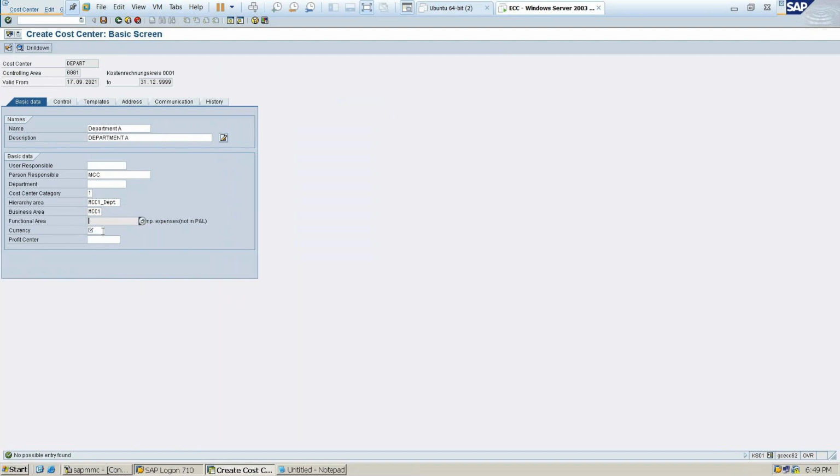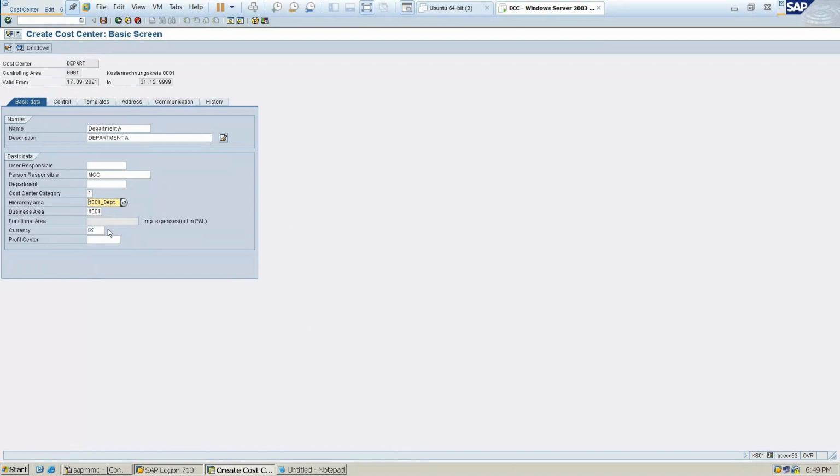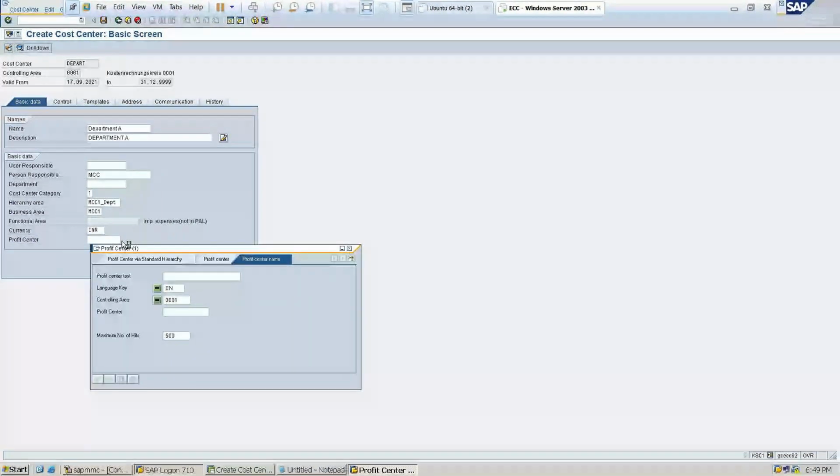After this, the functional area. Functional area is also the same thing. Once you save, it will automatically be taken, so we don't give the functional area here. Currency is INR. Profit center: if you have any profit center which we have created, either we can create a profit center or select one already created.